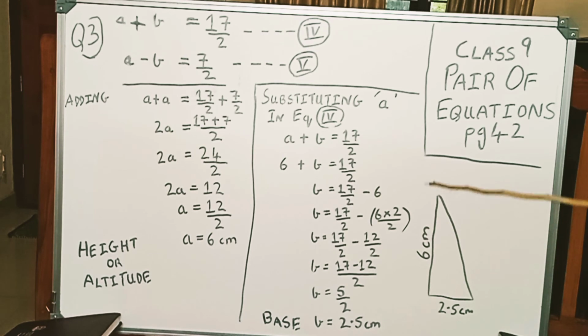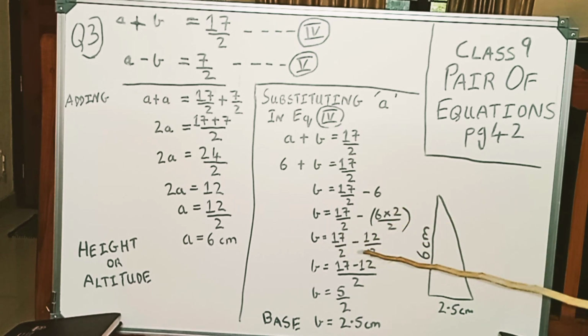Here you see carefully, this 6 doesn't have a denominator. Since it doesn't have a denominator, as we did previously, we multiply by 2. Why by 2? Since the denominator of the first term is 2, that is why we multiply and divide it by 2. So 6 is multiplied by 2 and divided by 2. The 2 and 2 get cancelled and you get the same answer once again.